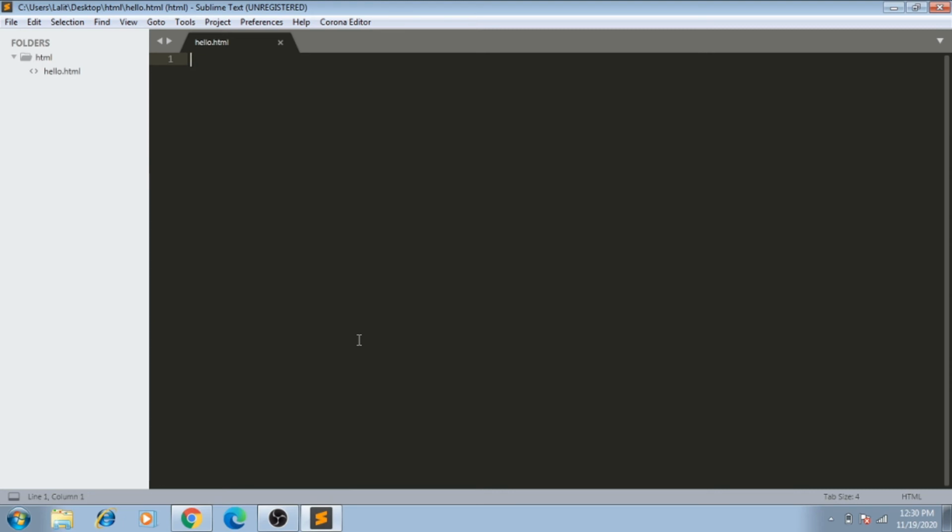Now, write the basic code of HTML. Like, I am writing the HTML tag in the starting and also the closing tag, which represents that this file contains the HTML code.